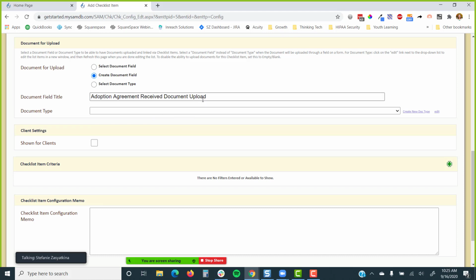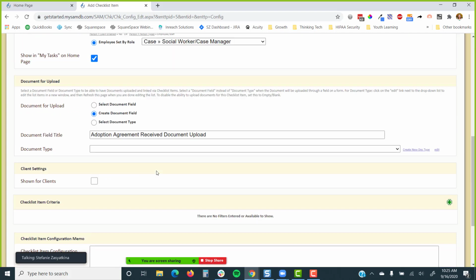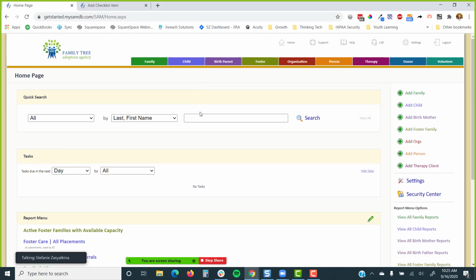Or I can create a document field, which a lot of times is going to be what happens with a brand new site, you're creating something new. Even if it's not a brand new site, if it's a new to you document, it's probably not in the system already. And so you'll create a new document. Sam goes ahead and titles it the same title that we titled it here. And in my opinion, I would move things off like received. Okay. The document type is going to be what feels like sort of a third time of labeling this,